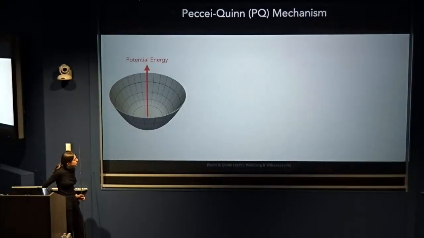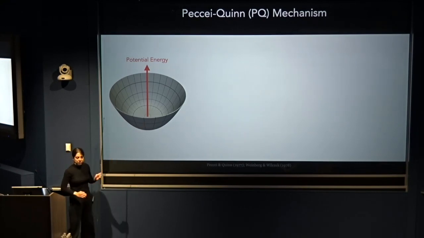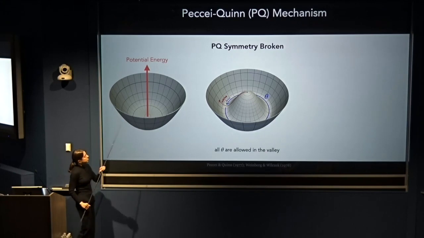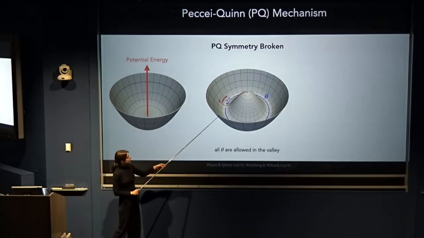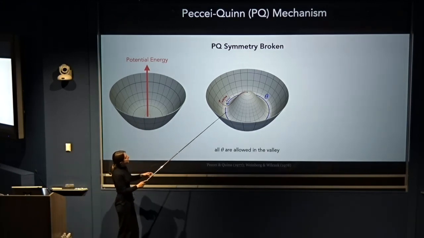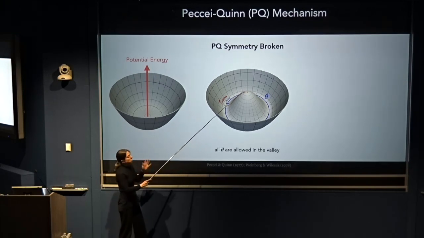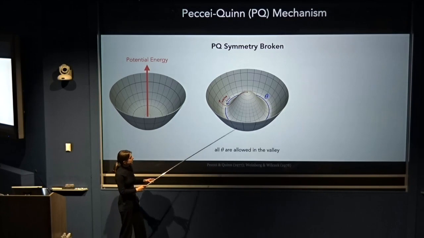And so the more detailed picture is a little bit more involved than the cartoon I showed you. I'll just flash it quickly. We start with a potential energy that looks like this. So this is very early in the universe's evolution. After a certain point in time, that symmetry is broken. And at that point, the axion is essentially associated with the valley of this wine bottle shape that you end up getting.